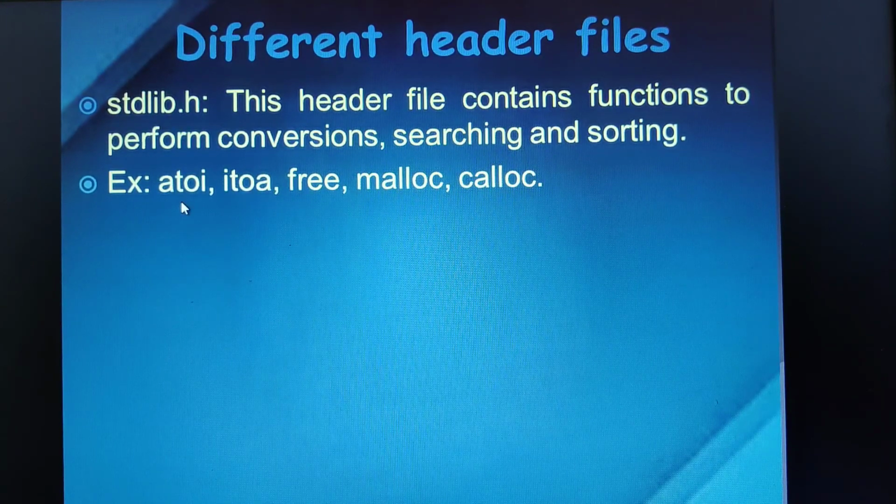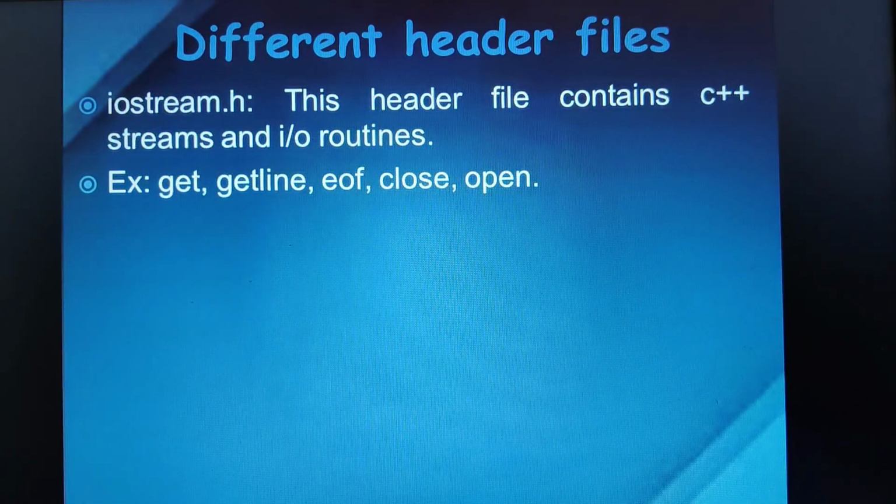Moving on to the next header file, children, that is iostream.h. I hope you already know about this iostream.h. This is a header file that contains C++ streams, and it deals with input-output routines. We know basically cout and cin, which are used for printing statements and reading statements in C++ programming.